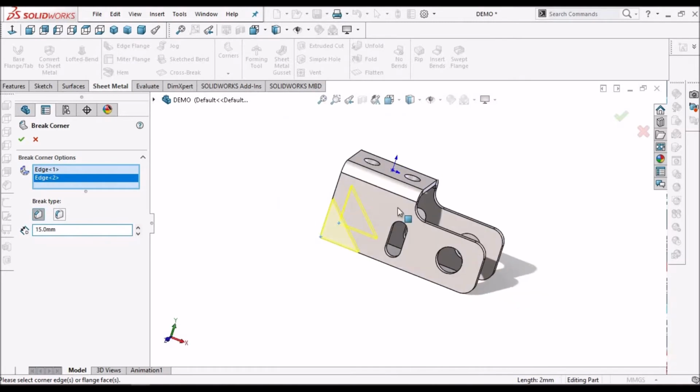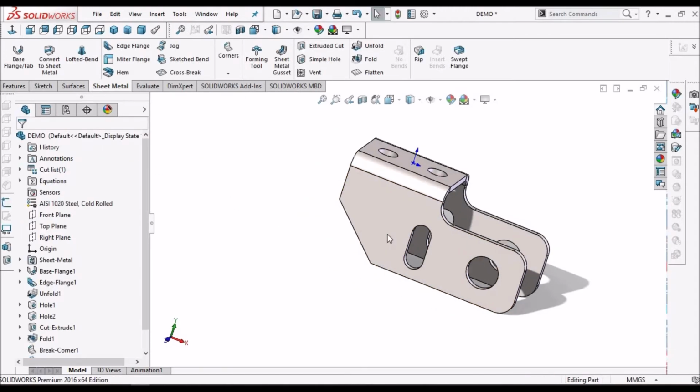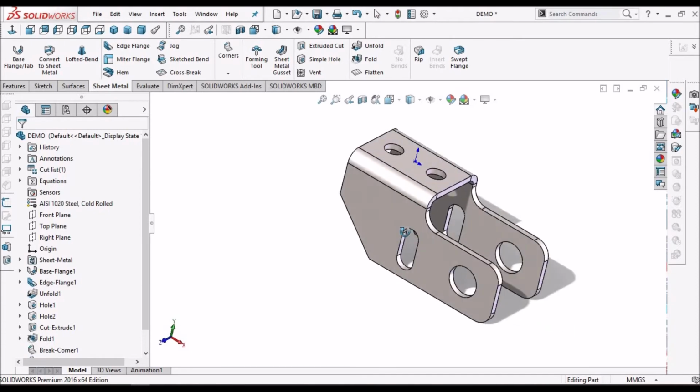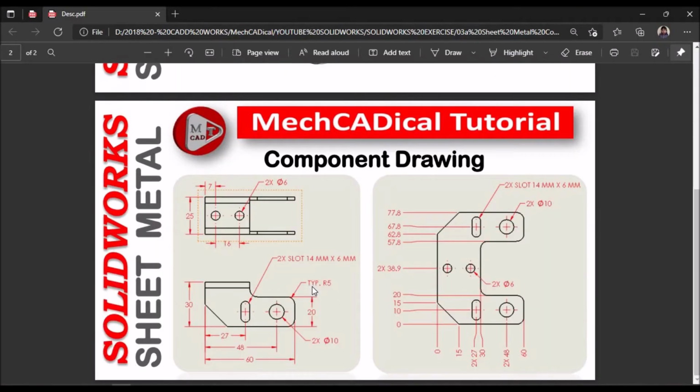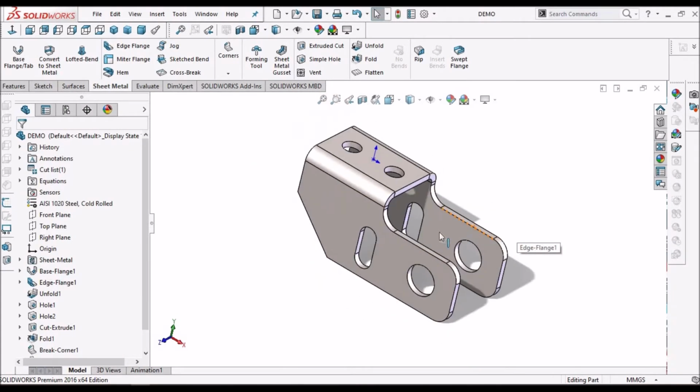This is 15 mm. Either we can use chamfer or we can make cutout in unfolded state. So our component is ready. Now we have to create the drawing. See, not only creating the component, we should be able to create a drawing.